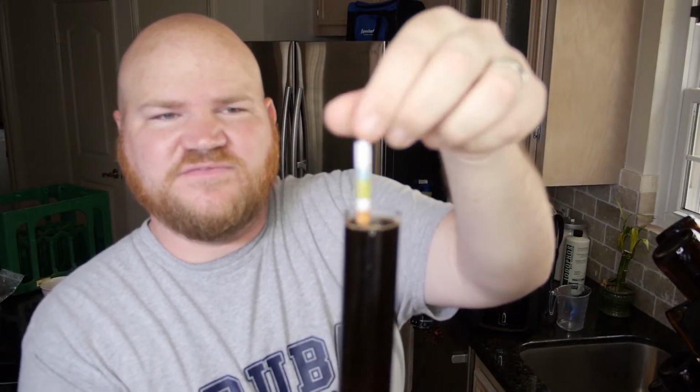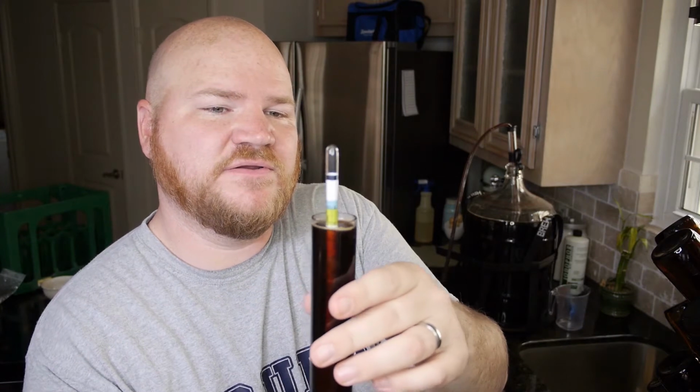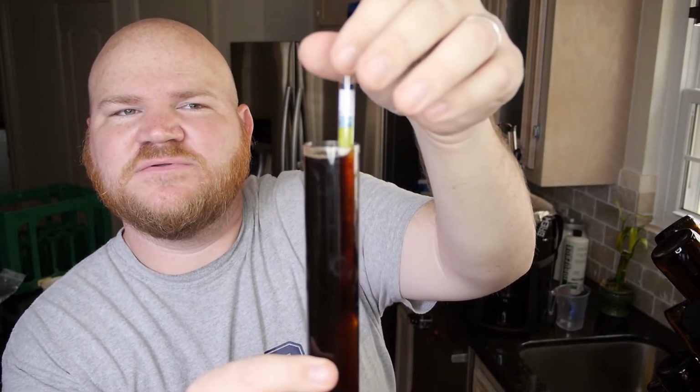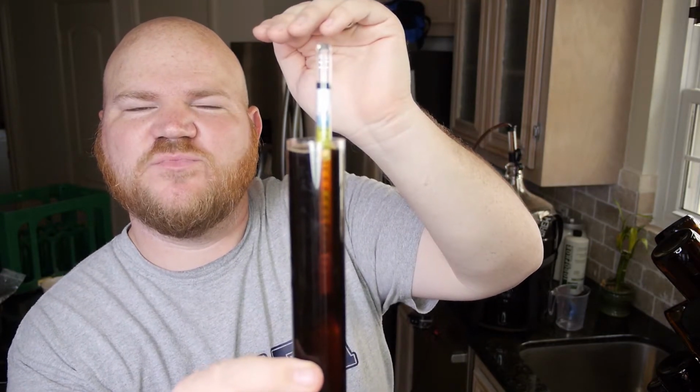By the way, I did take a gravity of this, and I did mention what the gravity was. It was 1.020. I just wanted to show you guys. Let's see if I can spin it here and let you see. See, we're right about the 1.0. It's like 1.020, 1.021. Anyways, it seems pretty stable, so I just went ahead and let it go, and I'm gonna go ahead